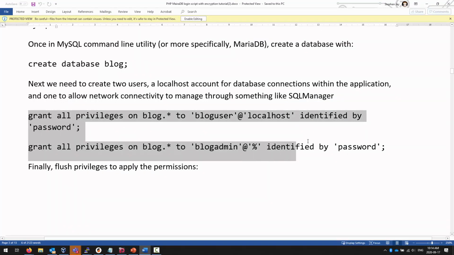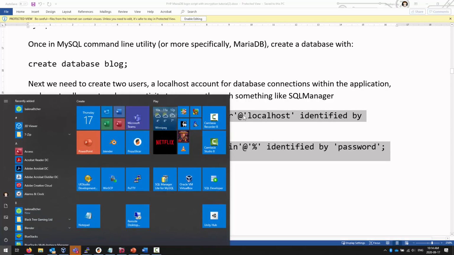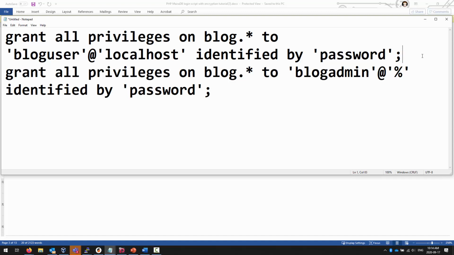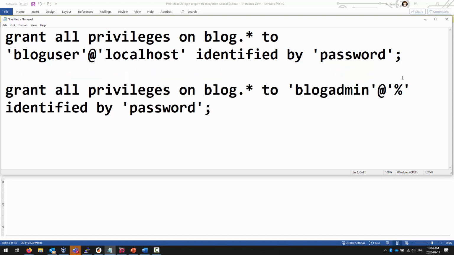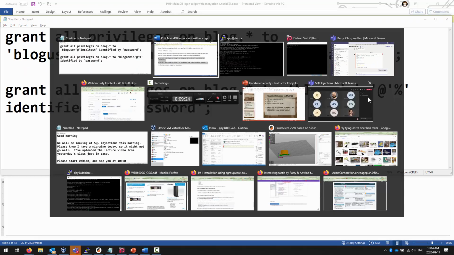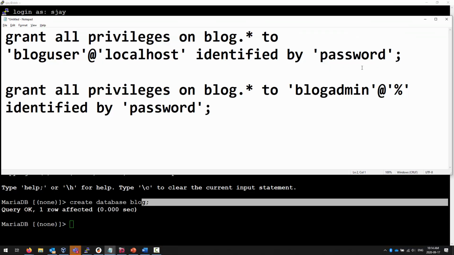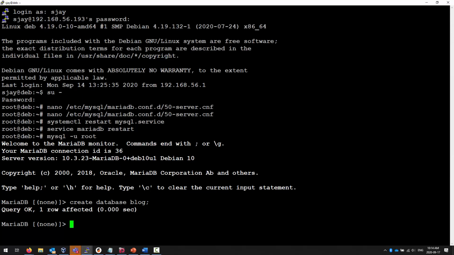Okay, now because I'm using PuTTY, I can copy paste. It's one of the true beauties of PuTTY that you have the ability to copy paste. These are both separate lines, and they are both terminated with semicolons. Everything needs to be terminated with a semicolon. That delineates one command from another. Okay, as always,